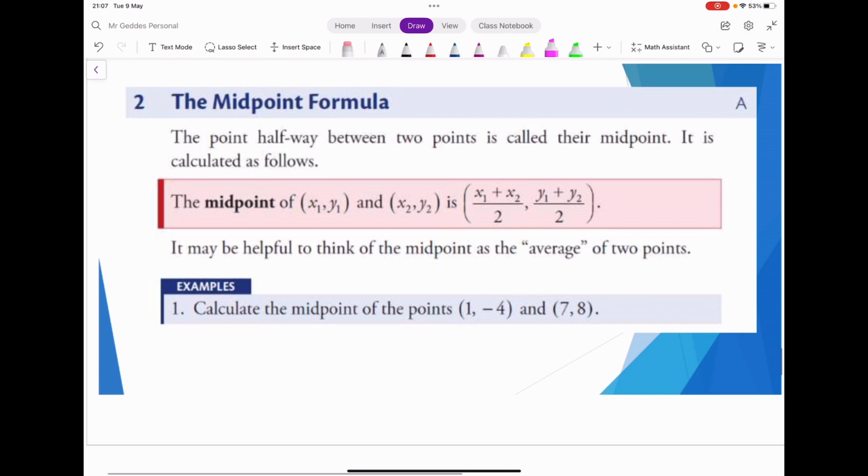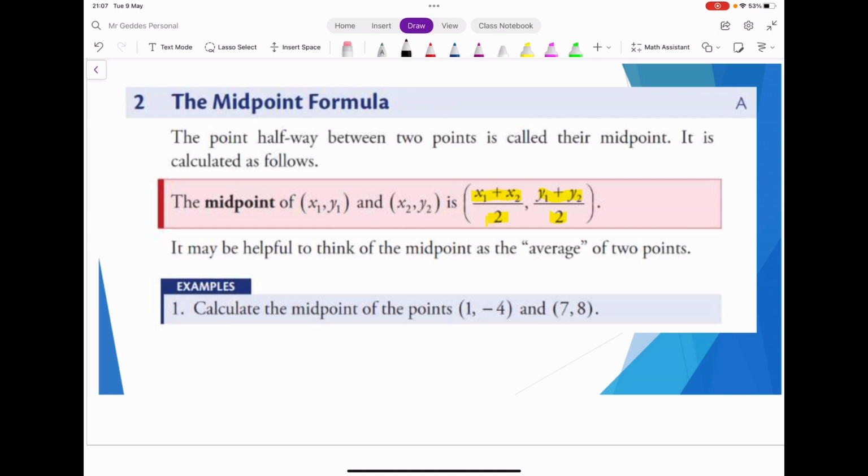So the midpoint is the second thing that we've got to cover here just now. The midpoint is by far easier than the distance formula. This is put as a midpoint formula, but really all you have to do is to find the halfway point between 2 points. You're going to, as it says here, take the x's, add them together and half it. Take the y's, add them together and half it. Now there is no extra mark for writing the formula down on this. To find the midpoint, add the x's and half it, add the y's and half it, and you're done. There's no